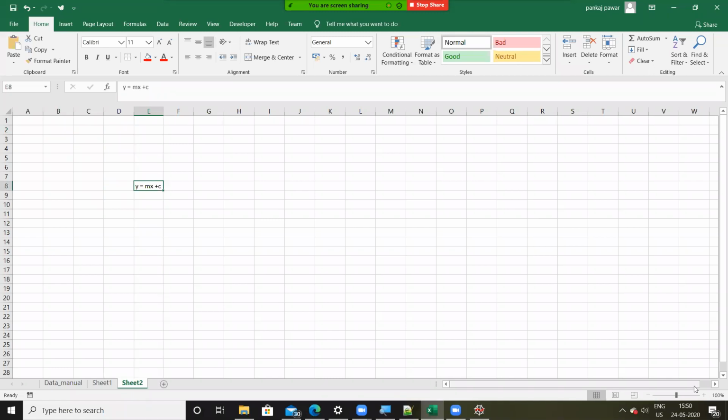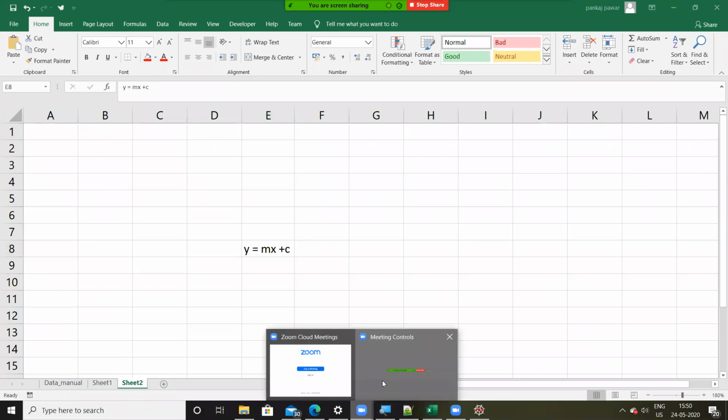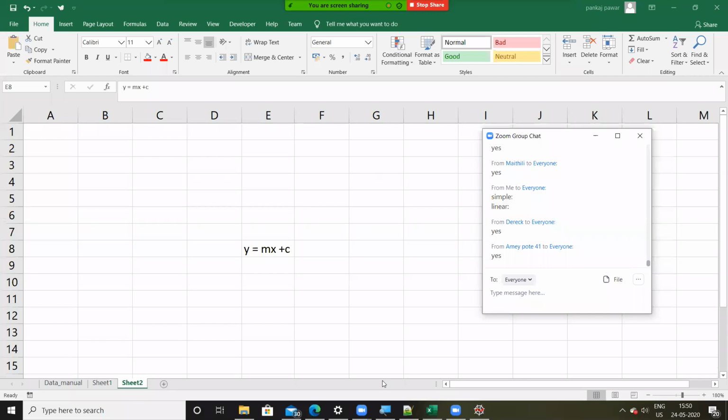Have you seen this mathematical formula before in your school? What is this? This is an equation of a line. Correct? Y = mx + c. Yes, it's an equation of a line and m is the slope. That's correct, Derek. M is the slope. What this function is saying is that the output y is dependent on input x.